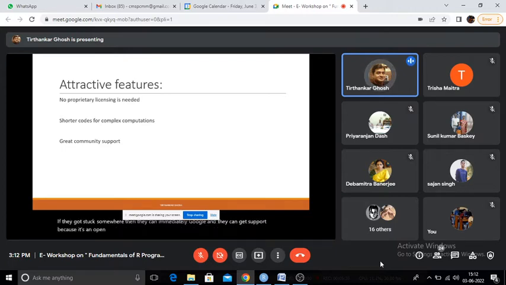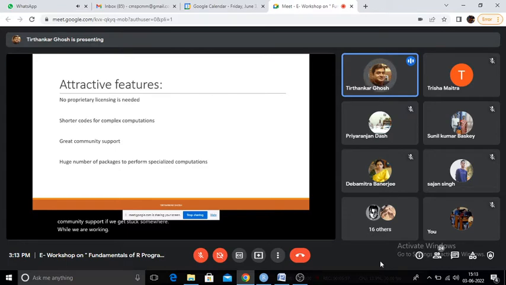Anybody from any part of the world can work and contribute to the R software. That is why lots of people work on this, and we have great community support if we get stuck while working.